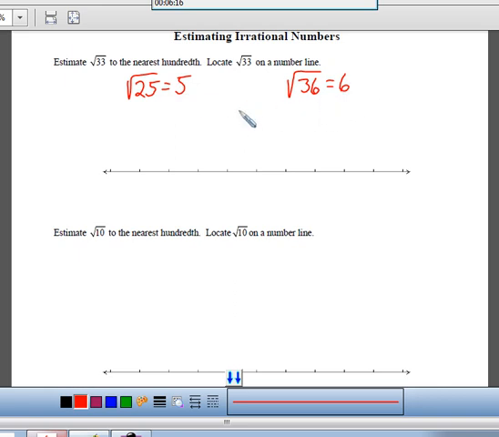What is 6 squared? 36. So the square root of 33 is somewhere in between these two. Now think about it. 33, is that closer to 25 or is that closer to 36? And the answer is it's closer to 36. It's 3 away from 36. It's 8 away from 25. So it's closer